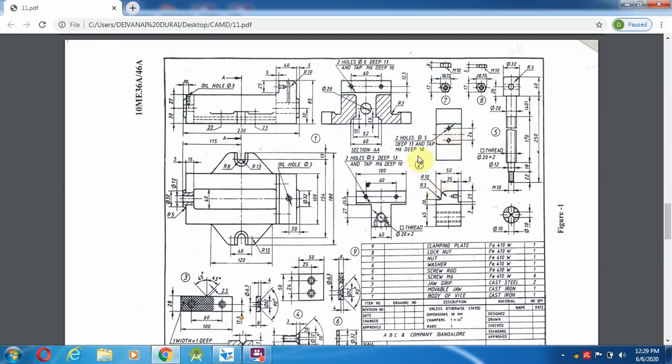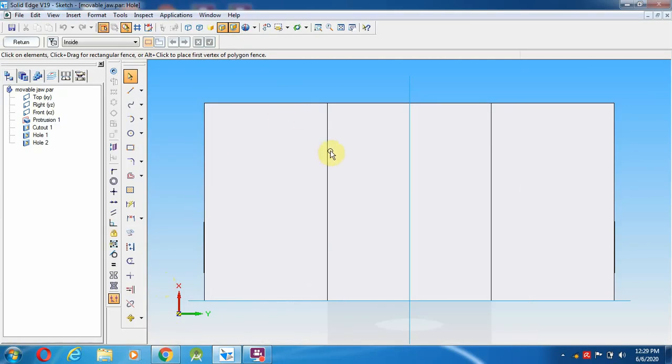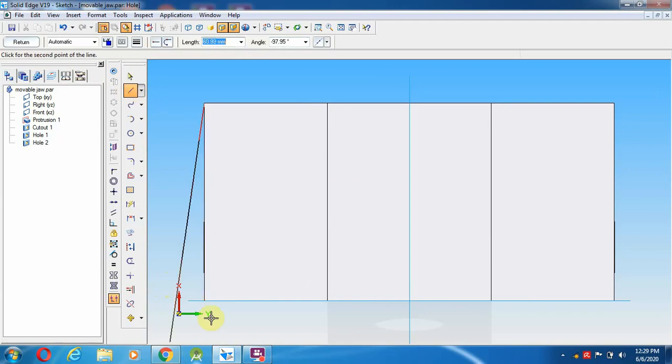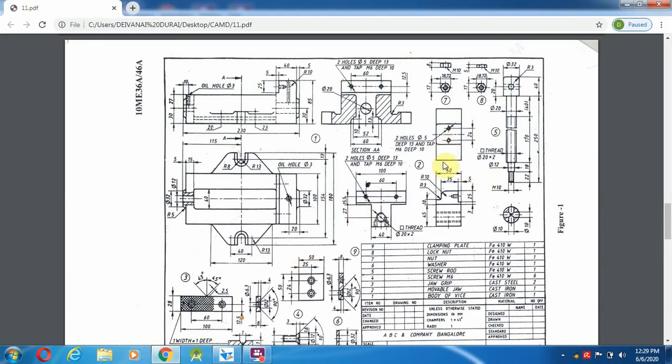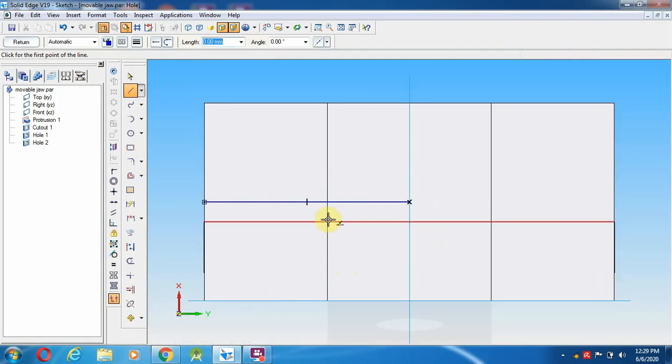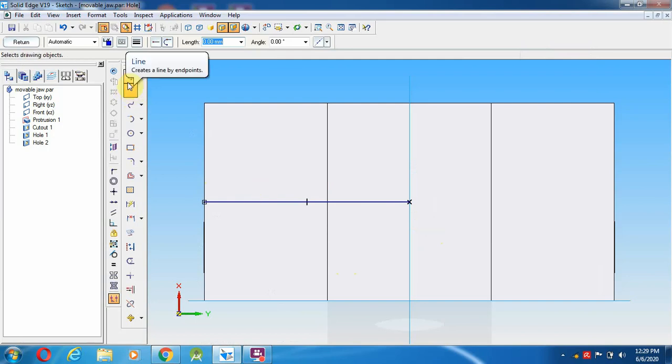From the middle, this line is the 50. So in this one, from the middle, a 50 mm distance perpendicular, parallel to that one. So 50 mm. So from here to 24 mm.